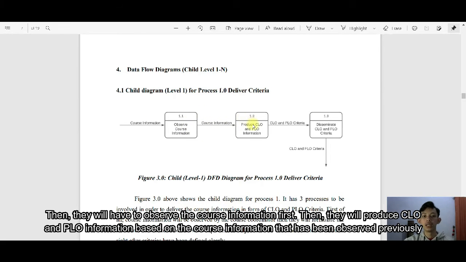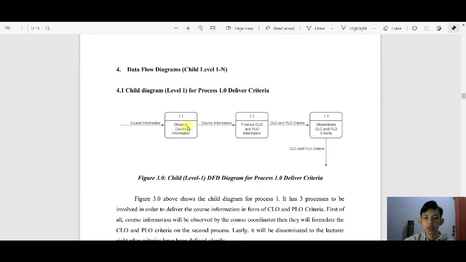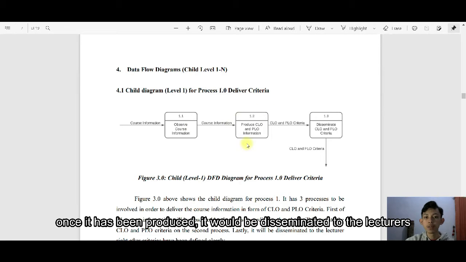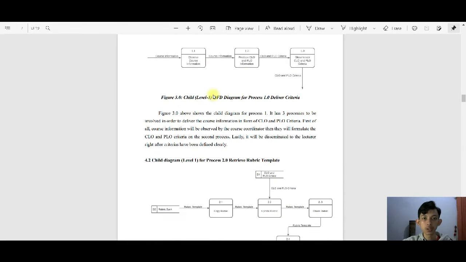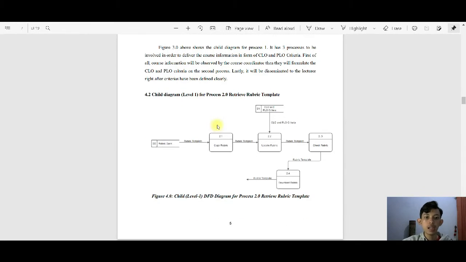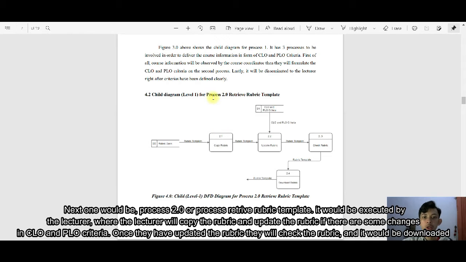And then the next one, they will produce CLO and PLO information based on the course information that has been observed previously. All right, the next one, once it has been produced, then it will be disseminated to the lecturers, something like that. That is for process 1.0, and then the next one will be process 2.0, process rubric template,